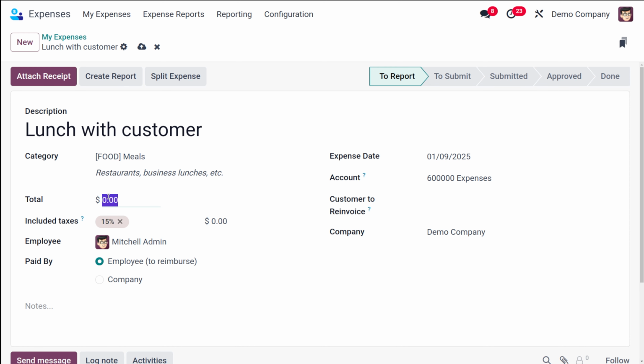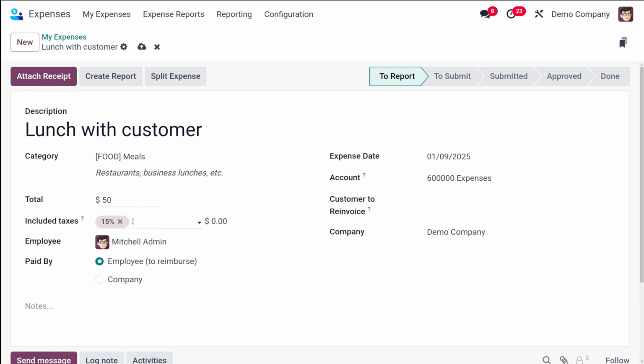Okay, so here I'm just manually typing it. I am giving it as 50. And then you have the included taxes. After entering the total or the quantity, the tax percentage and amount automatically appear. If taxes were set up on the expense category, then the tax will be automatically set up.